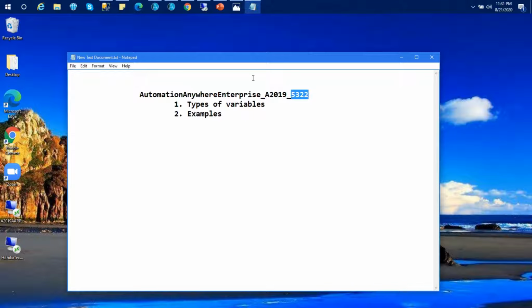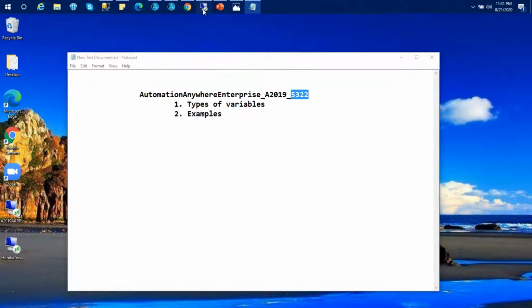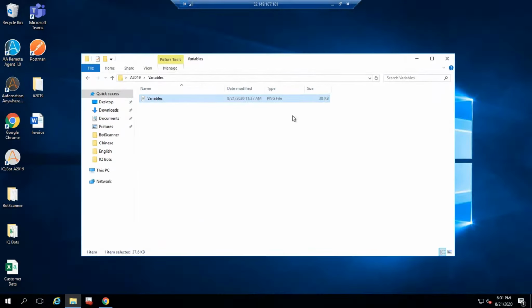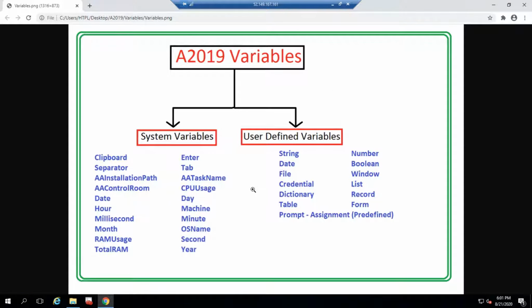Let's move on. I'm just going to my actual machine. This is the virtual machine which has 32 GB RAM. To install A2019, a minimum of 32 GB RAM should be available, and a 500 GB hard disk.